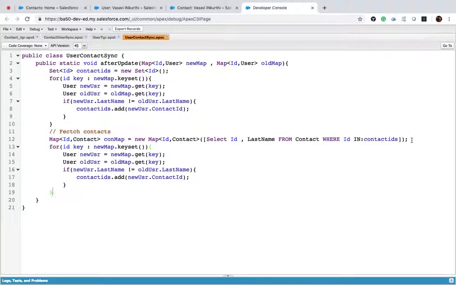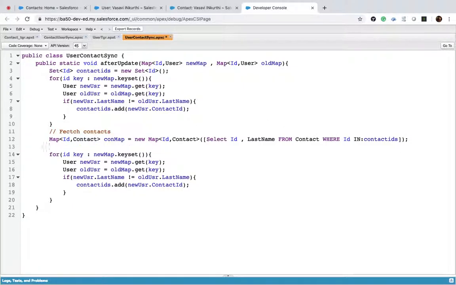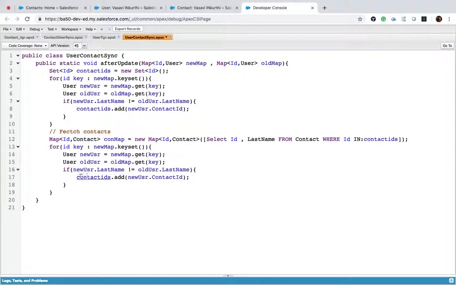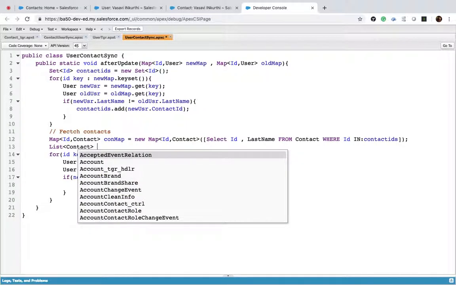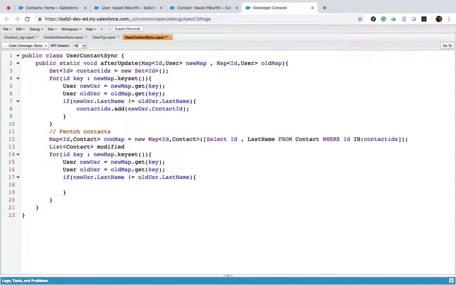Here, the only difference is that instead of adding contact, I'll say list of contact, modified contacts equal to new list of contact. Now, whenever this comes, I'll add